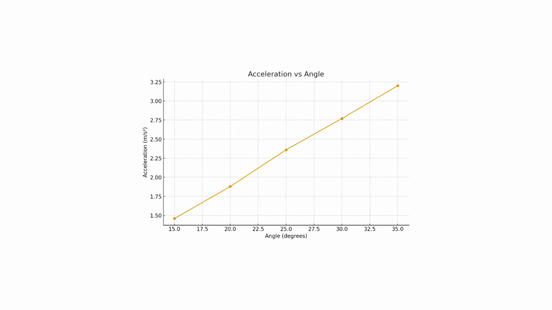The experiment successfully demonstrated that the motion of an object on an incline can be predicted using Newton's laws and that friction plays a measurable and consistent role. In conclusion, this experiment verified the theoretical relationship between acceleration, incline angle, and kinetic friction. By analyzing the